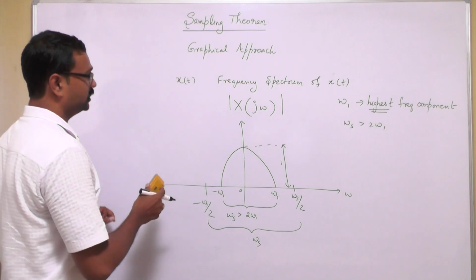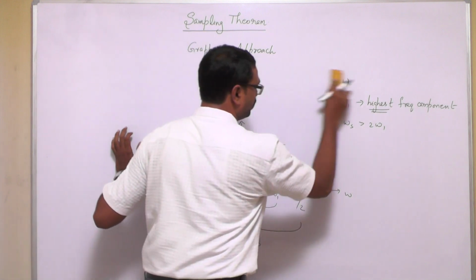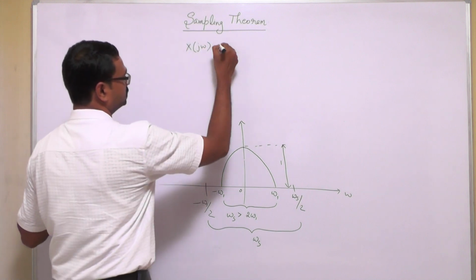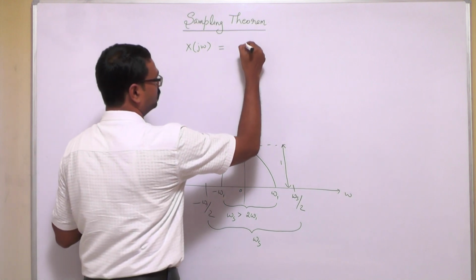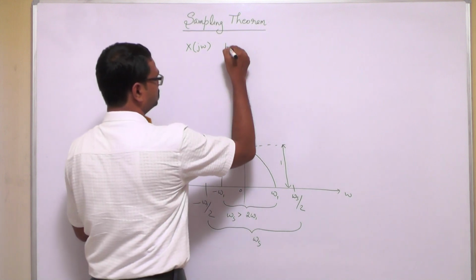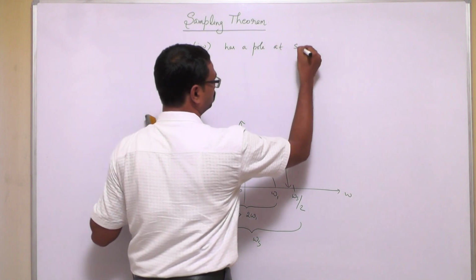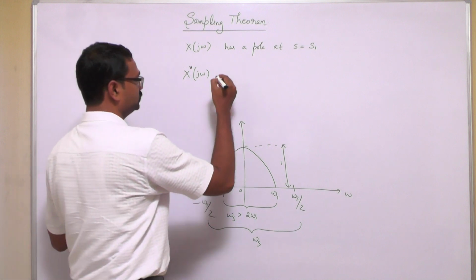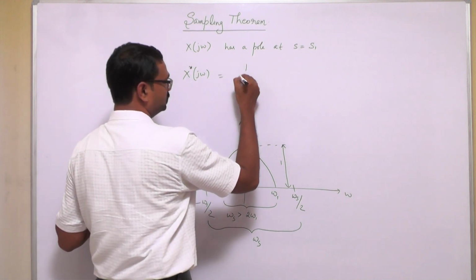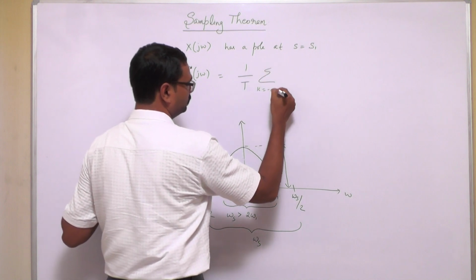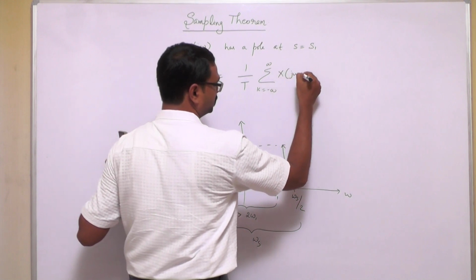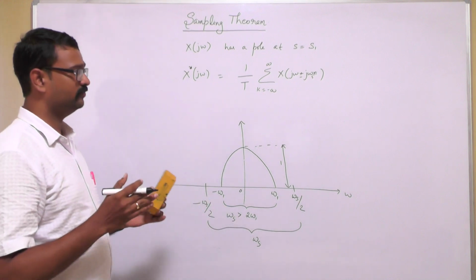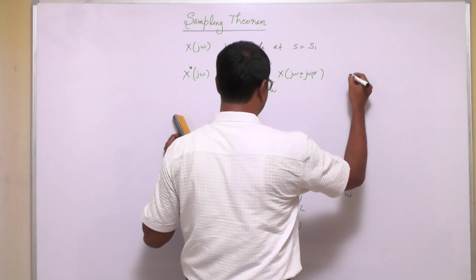Now in this condition, if you are trying to represent X(jω), which has a pole at s = s1, and X*(jω), the star transform represented here, by definition we have the sum over k from minus infinity to infinity of X(jω ± jnωs), where n is the number of samples, and therefore X*(jω) will have